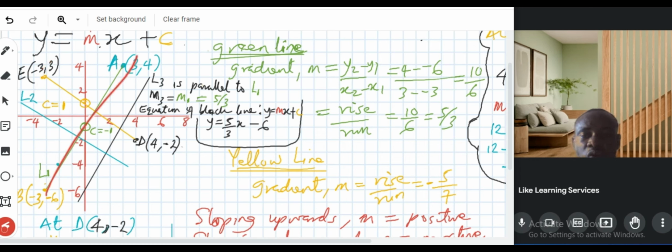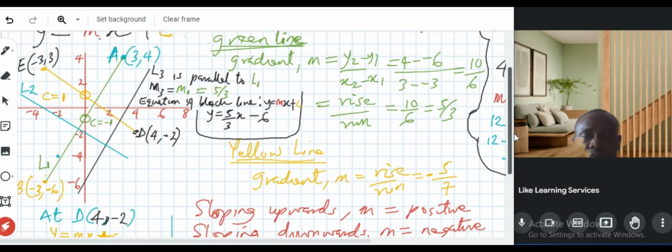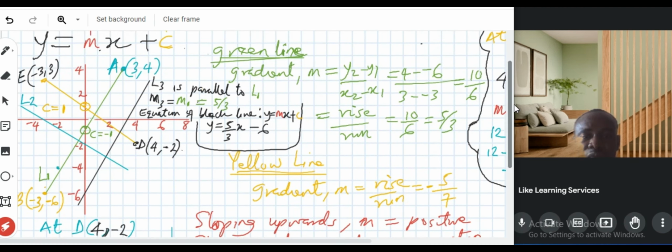And since it is sloping upwards, the gradient is positive. Remember, sloping upwards, gradient is positive. But if it is sloping downwards, gradient is negative. We could have also used changing y over changing x. In this case, we could do this first y, 4 minus